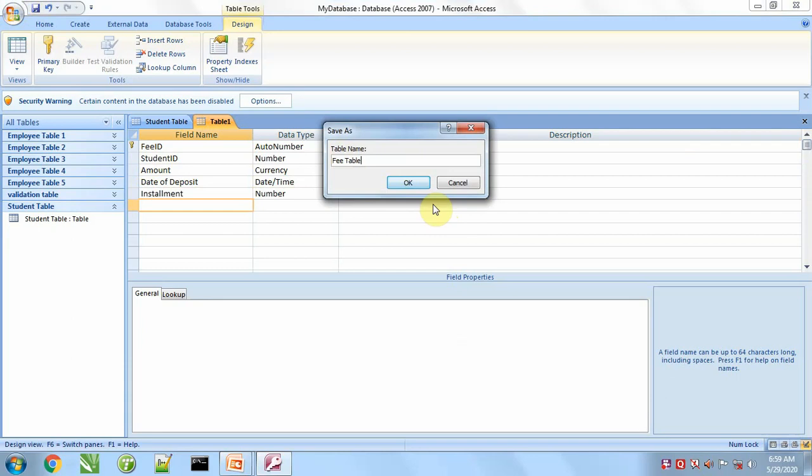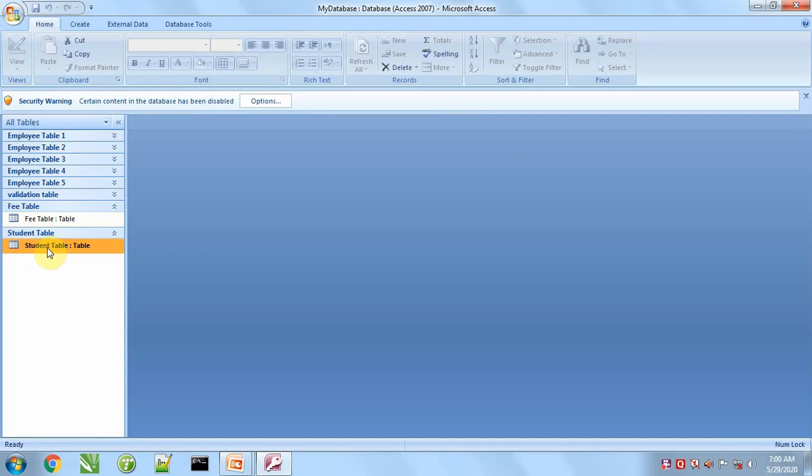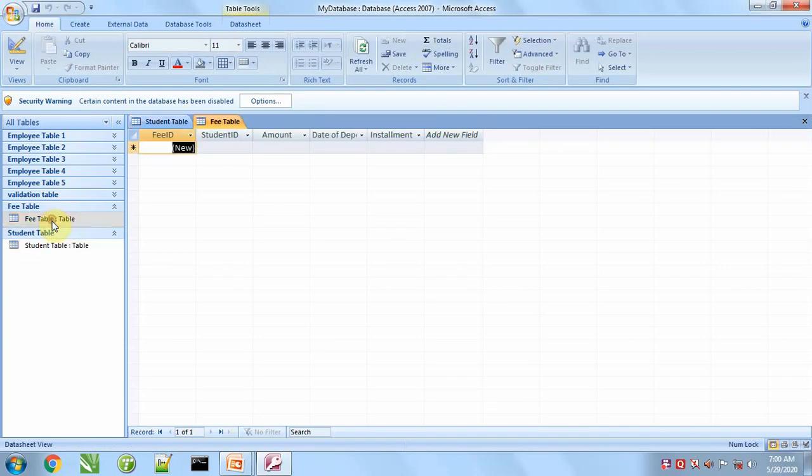Save this table as fees table. Like this I created two tables. One is the student table, the second is the fees table.